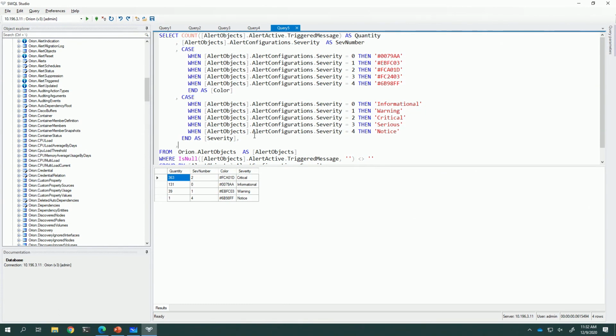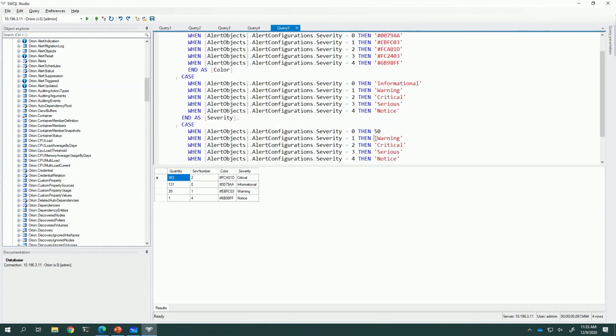So if I do that, I could do case when, and you know what? This is great. I'll just steal all of this. When it's informational, then I actually want to return, I don't know. It's informational, so I don't really care that much. 50, just random numbers. And I'm going to steal all of this again.